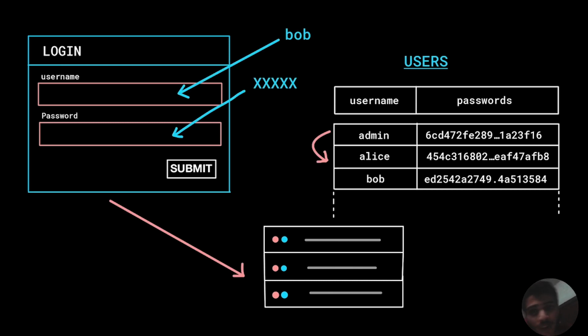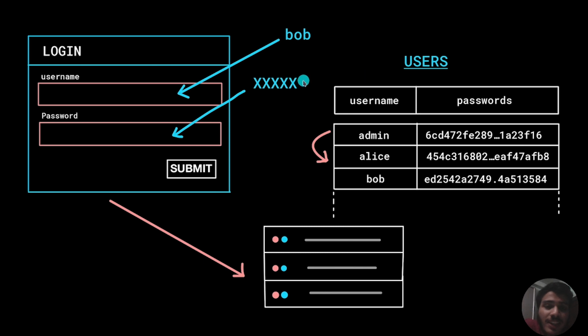So what happens when we give a particular input to the login form? For example, if we type in Bob as the username and its password in the password field, the request is sent to the backend, and the data that you have provided is iterated against the entries that are present in the table. Once the username and the password completely match an entry present in the table, the user is authenticated and the user is logged in. So this is how the functionality actually works.